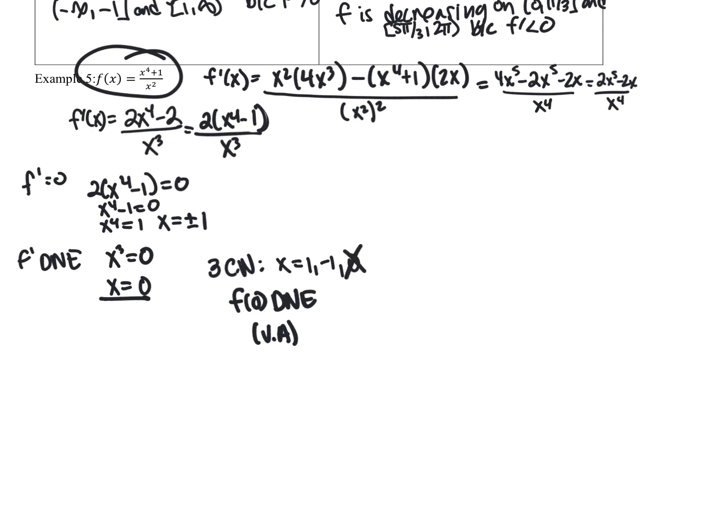Okay. Now, we will still use it to analyze our intervals of increasing and decreasing because f could change there, but it is not a critical number. So we'll still use it when we go to test our intervals here, but technically that is not a critical number. It's just -1 and 1. So we still want to use that because it could still change from increasing to decreasing around a vertical asymptote. So we still want to use that as a breaking point in checking our intervals, but it's not a critical number, which will matter more in the next unit